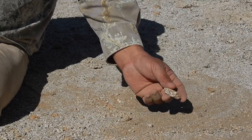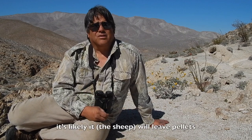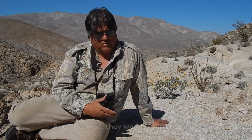One of the ways you can tell that is by the way the rocks are cleared out, because the sheep will use their feet and kick the bigger rocks out, even little stuff like this, and make a little bed and lay down in it for an hour or two. Another way you can tell whether a bedding site is or isn't is, of course, droppings. These animals produce droppings about every 20 or 30 minutes for their entire life. If an animal lays here for an hour or two, it's likely that he'll make pellets twice or three times while laying here. And sometimes you'll find a place where there are 8 or 10 beds, or sometimes 40 or 50 or 100 beds in one of these better sites. And of course, it'll be littered with